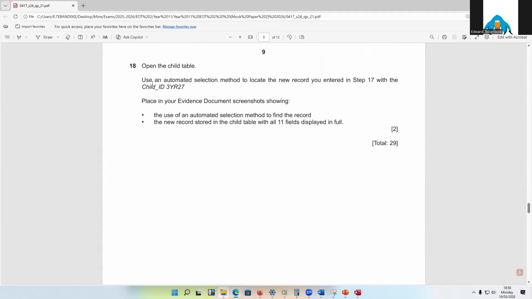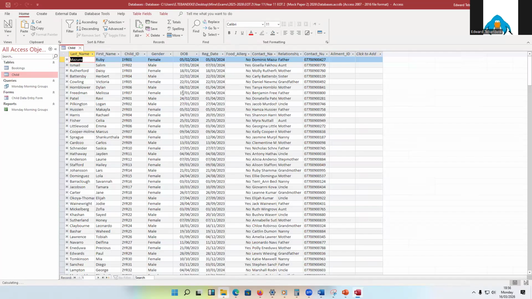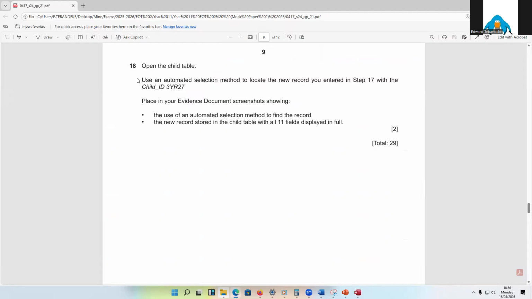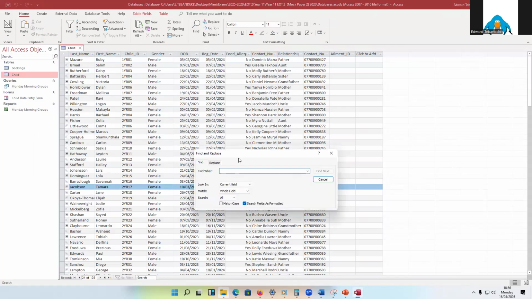And then the last question, open the child's table. I'll get to the child's table. It's here. After getting to the child's table, use an automated selection method to locate the new record you added in step 17 with a child ID. I need to find this child ID. So if I used